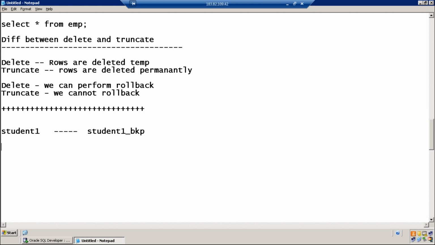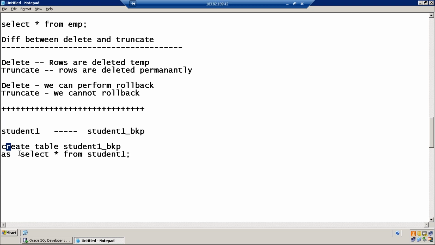Creating the table is possible by writing a create command. Create table student 1 underscore BKP as select star from student 1.